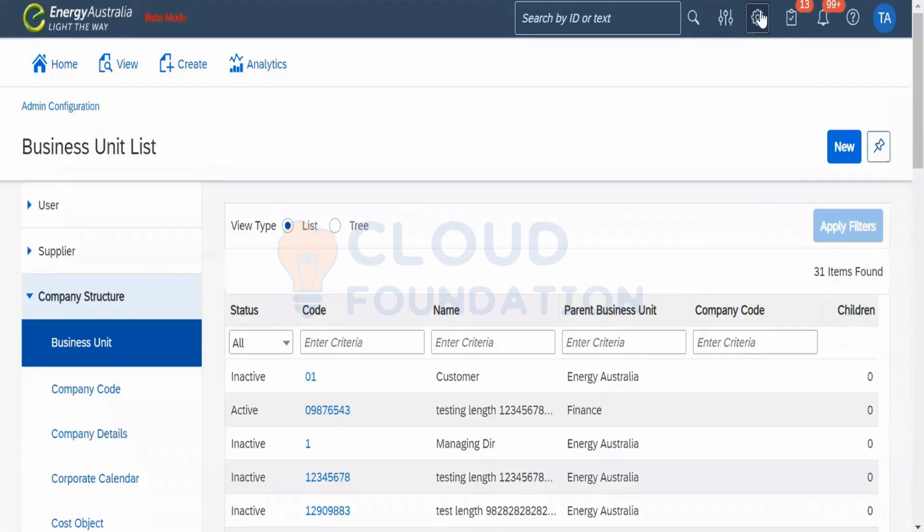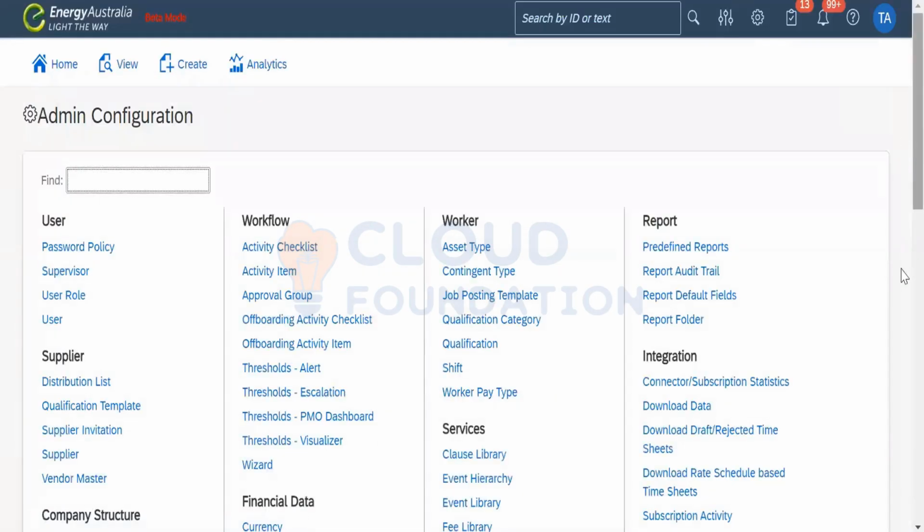No doubt we have the connector for this as well: the standard business unit upload.